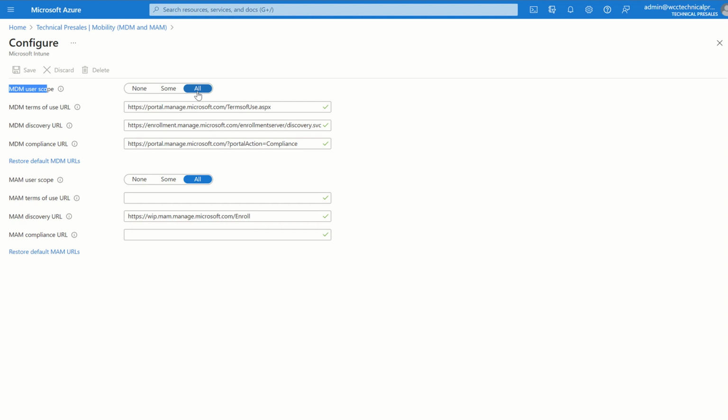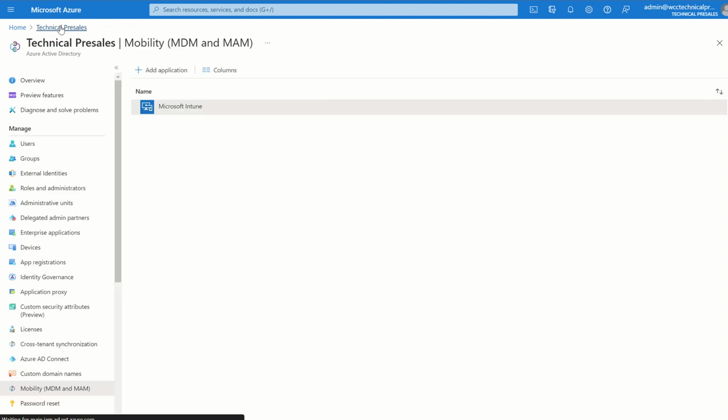Preferably all for all users, some if you're scoping it to Microsoft 365 security groups. And in this use case scenario, we've got the default Microsoft URLs, which they've already pre-populated for us. So that's the first prerequisite ticked off in terms of enrollment of devices. We could touch MAM, but that's alluding to mobile application management, which is more of your endpoint manager solution and management. If we scroll back, if we go back,